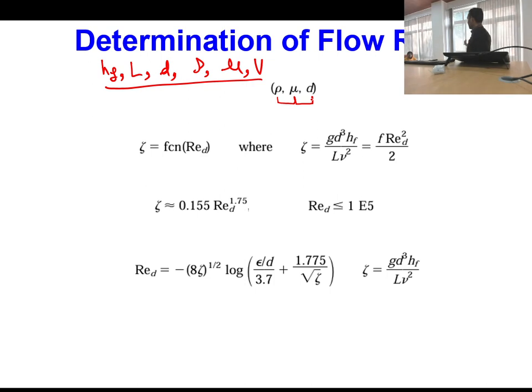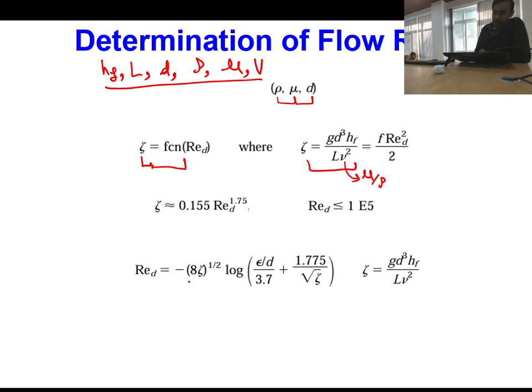Rho, mu, D I have considered as the repeating variables, and then I have performed the dimensional analysis. By performing dimensional analysis, I find that zeta is a function of Reynolds number, where zeta is nothing but g D cubed h_f by L nu squared. So nu is nothing but mu by rho, and this comes out to be f into Reynolds number squared by 2. So this particular data of zeta is correlated with Reynolds number from the experimental measurements, and it is